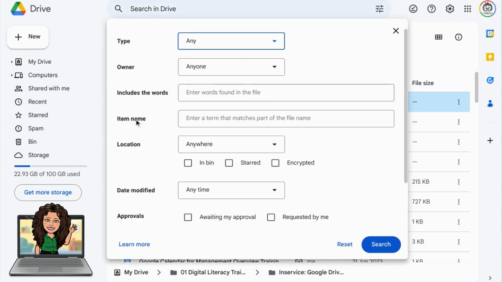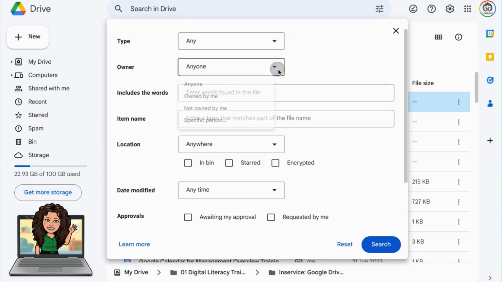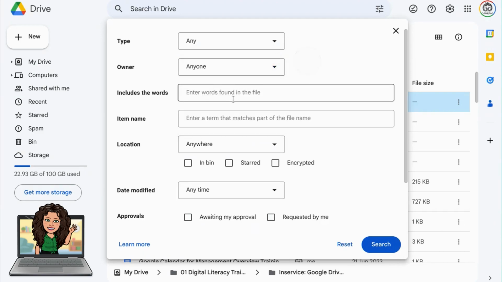And you can see there's a variety of drop-down menus here. So we've got the type of file, so again that's your list of different document types that we had on the previous page. The owner, so who owns the file, if you know who it belongs to. You can include keywords that are found in the file, so if you can't remember the title or the name of the file, but you remember what it roughly was about, you can type in a few keywords there